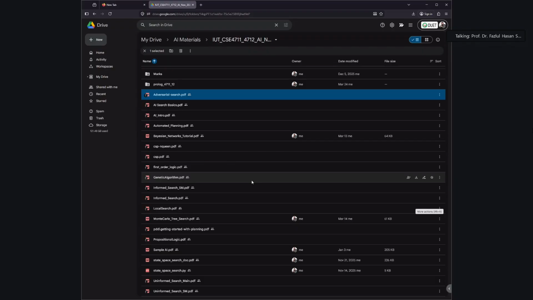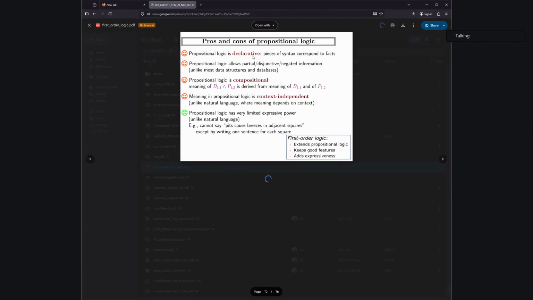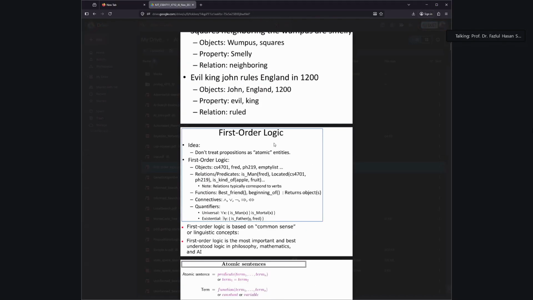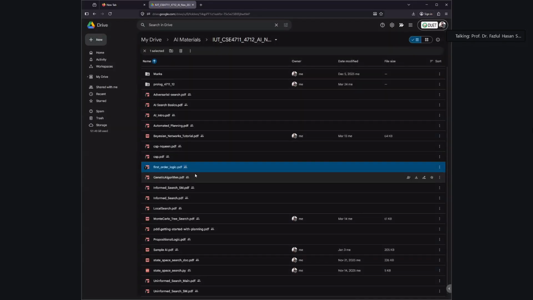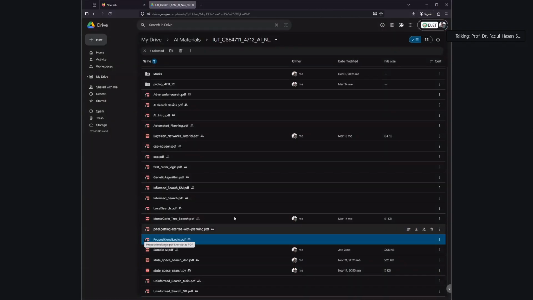So from this first order logic and the propositional logic. This is the slide of the first order logic. And just before this one, I have also covered the propositional logic. This is the propositional logic. So first order logic and propositional logic and their modeling language, remember, including the modeling language. In total, you will get 2 questions.